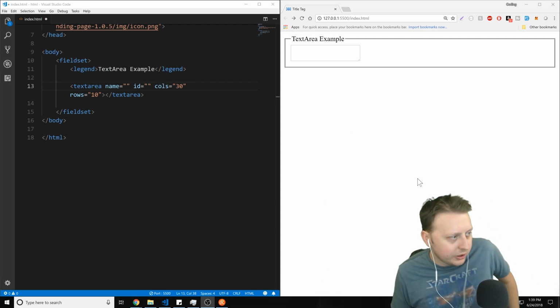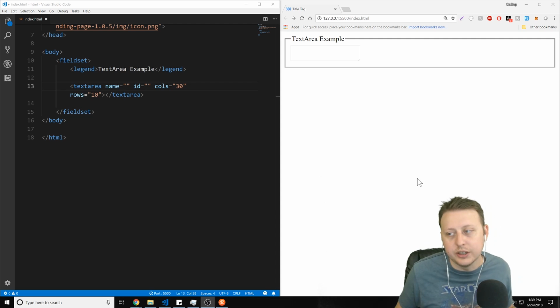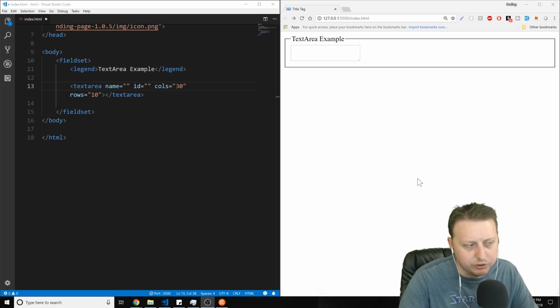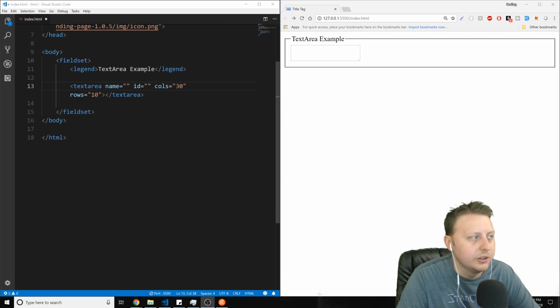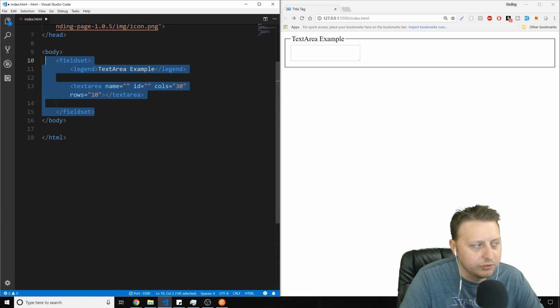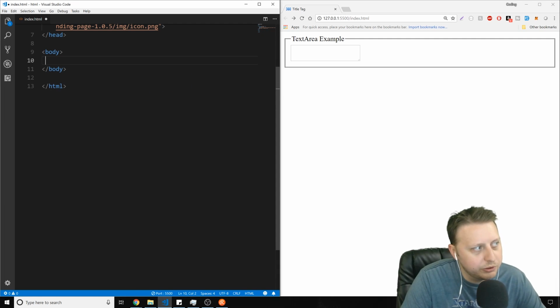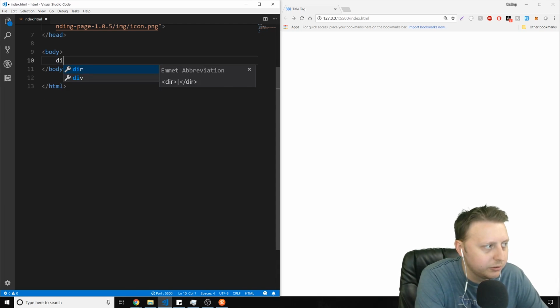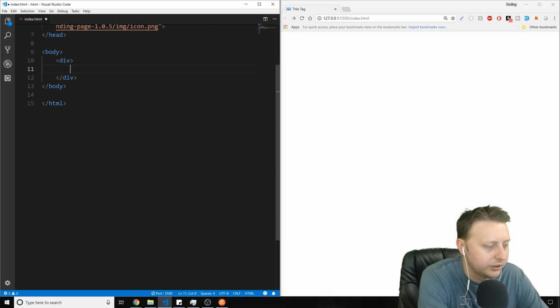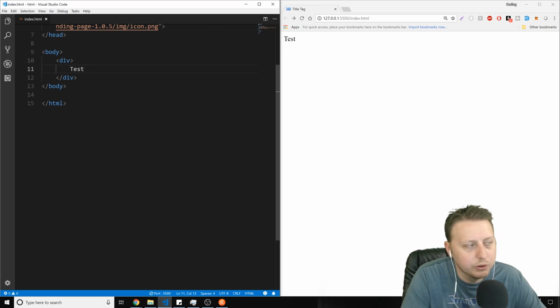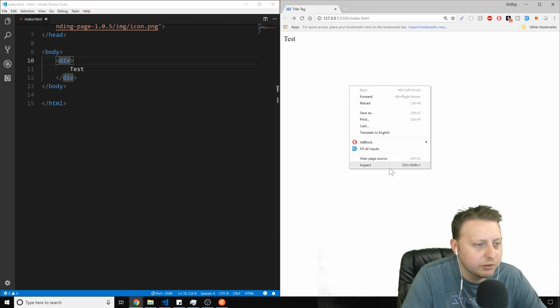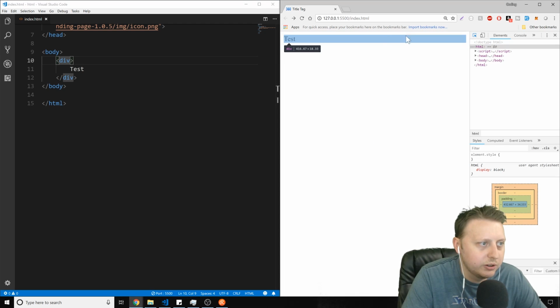So two major things that we haven't talked about are divs and spans, which are kind of thrown in the same category, and then also the semantic HTML element containers. Let's talk about divs and spans first. Remember we were talking about block level elements, and in here we'll just put an example of a test. A div is a block level container, and what that means is that when we